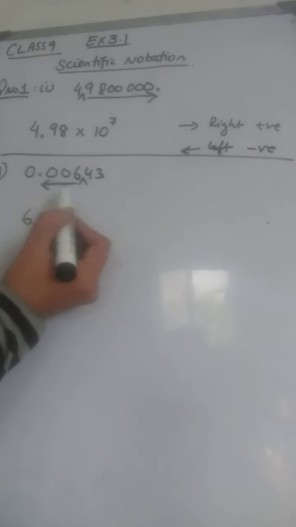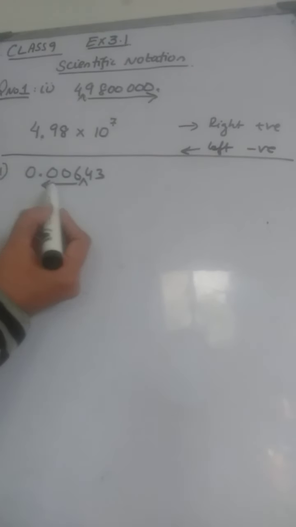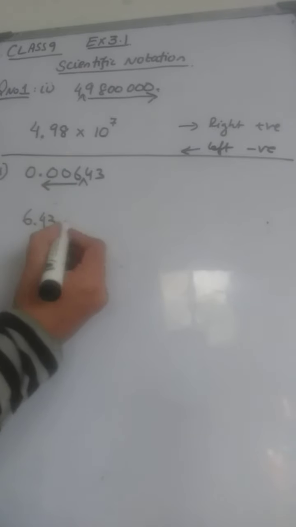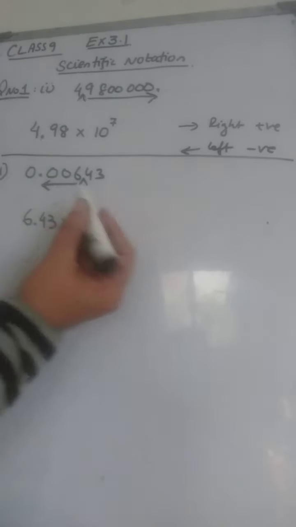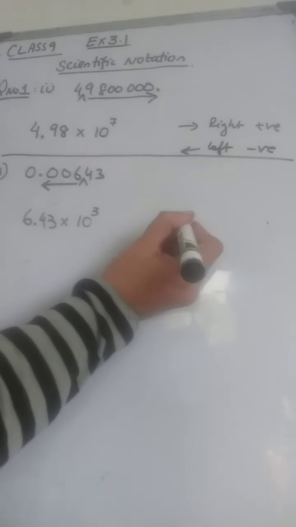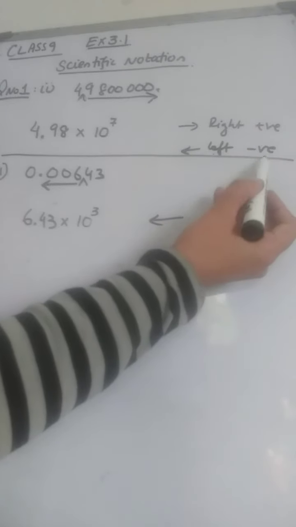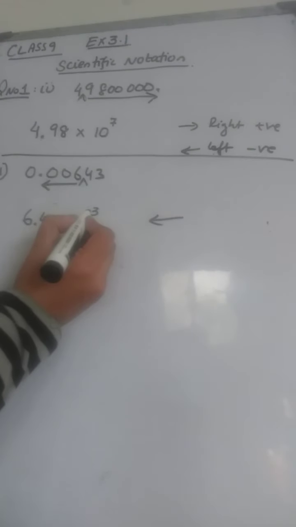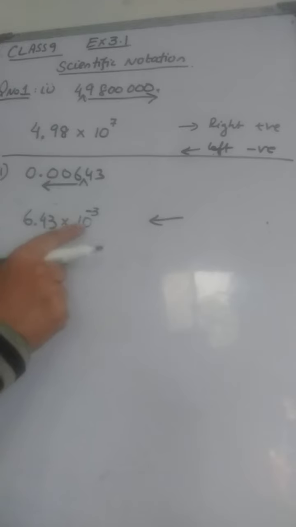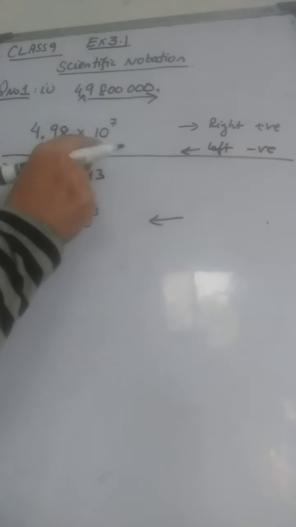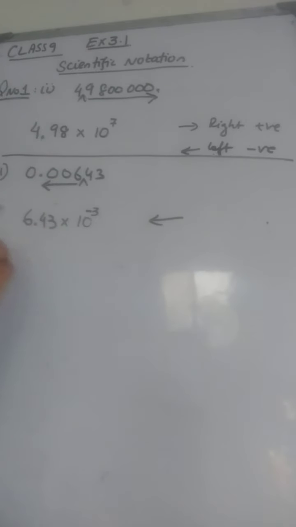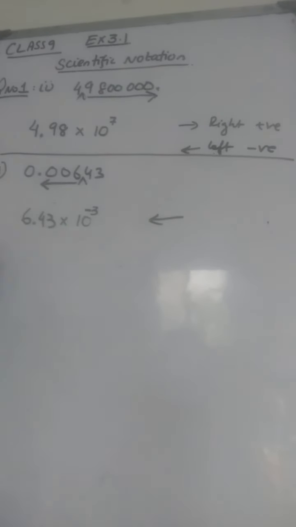So here, moving from the cursor to the decimal point, the number of digits between the cursor and the decimal point are 1, 2, 3. Okay. Now, as the arrow is pointing towards the left, we are going to put a -3 over here. So the exponent of 10 will be negative if the arrow is pointing towards the left, and it is going to be positive if it is pointing towards the right.